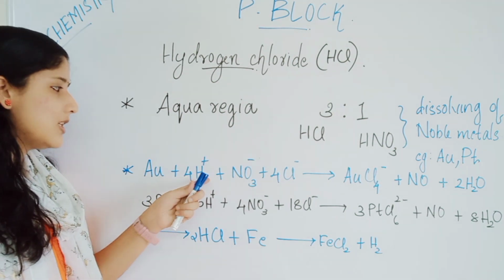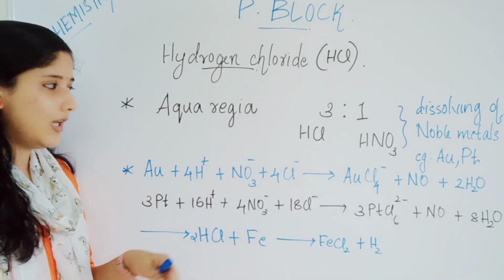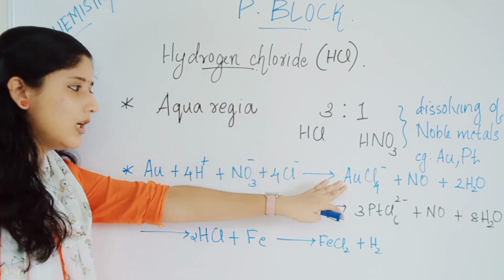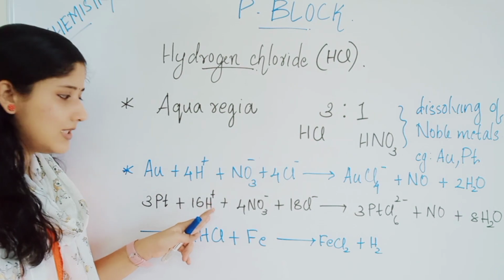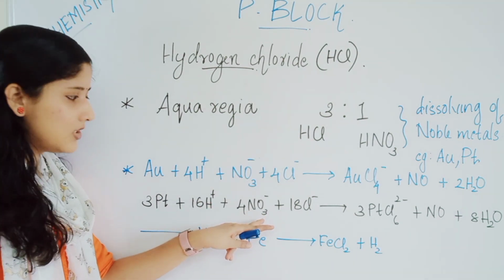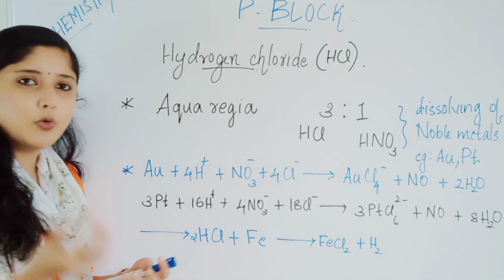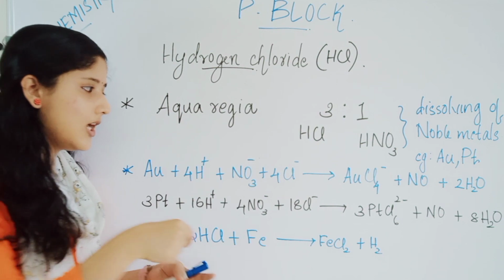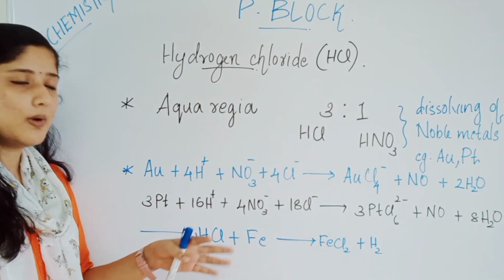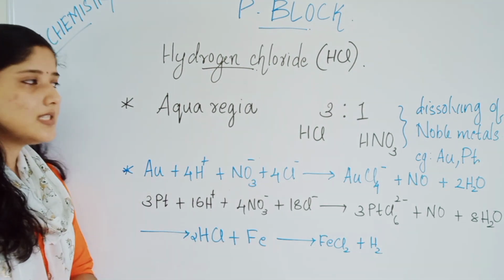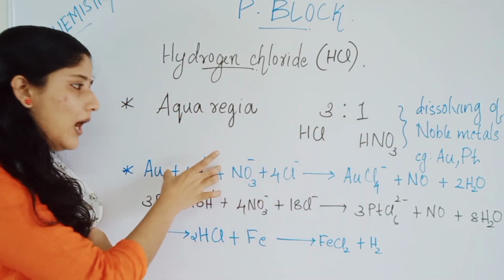Au gold plus 4H plus NO3 minus will give you what? Auric chloride. Gold changes to its chloride, auric chloride. Similarly, platinum plus H plus from HCl, NO3 minus from HNO3, and similarly Cl minus from HCl. When you put platinum in a solution of aqua regia, you will get a solution of platinum chloride, PtCl6 2 minus, plus NO plus 8H2O. These are important reactions of aqua regia, what its use is, and how they react and